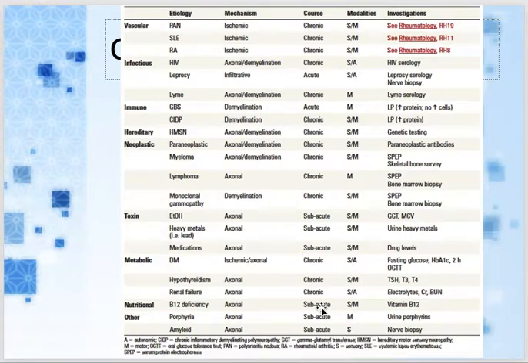on the basis of mechanism, on the basis of course, or on the basis of modalities. Because you can see there are some which are purely motor, like Lyme disease affecting motor fibers, or amyloidosis affecting sensory fibers, and many of them are mixed as well. So these things are important. Once we know the causes of all the polyneuropathies, I think it will be easy for you